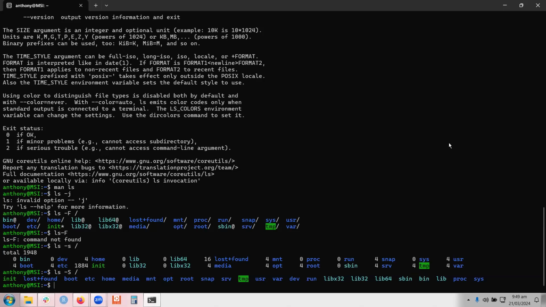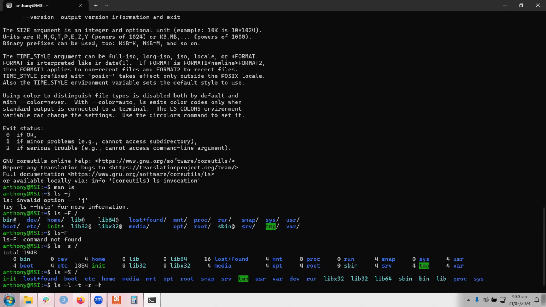Now, a few other commonly used options for ls that you might find useful are the dash lowercase l, lowercase t, lowercase r, and lowercase h options. So dash l, dash t, dash r, and dash h. The dash l option makes the command use the long listing format, which we'll see when we run our command. The dash t option will order the output in chronological order, so t for time. The dash r option